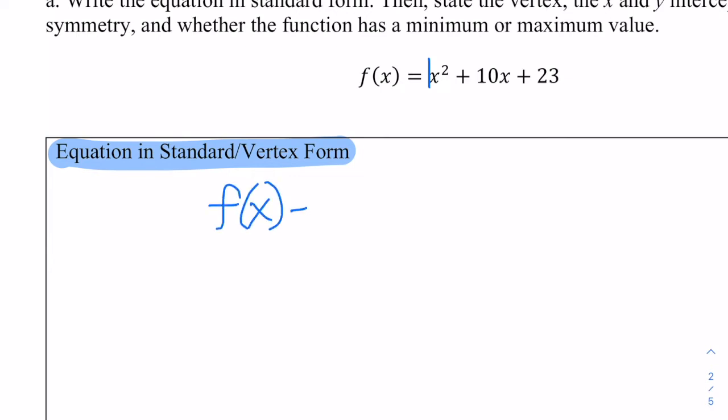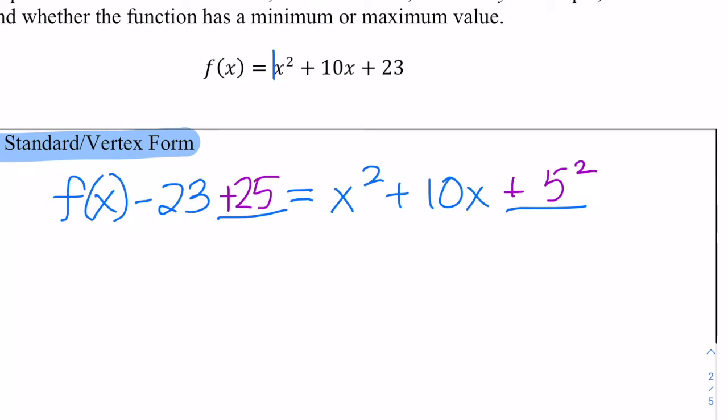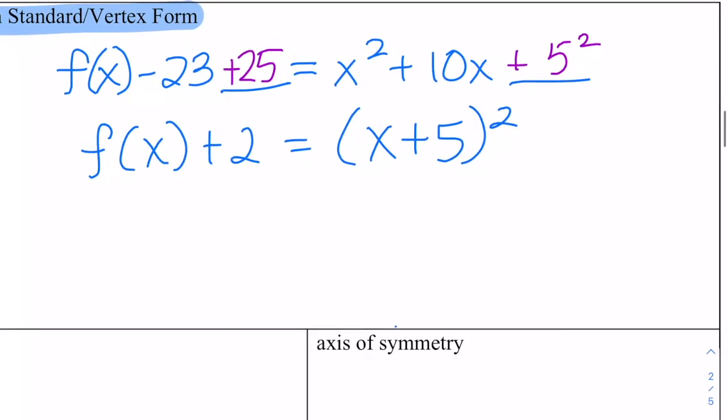So I'm going to subtract 23 from both sides before I complete the square. To complete the square, remember I'm looking at the term in front of x, dividing it by 2, which is 5, and then squaring it. So I'm essentially adding 25 to both sides. On the left, that's going to simplify into 2, and on the right, it'll be x plus 5 squared. So if I subtract 2 from both sides,